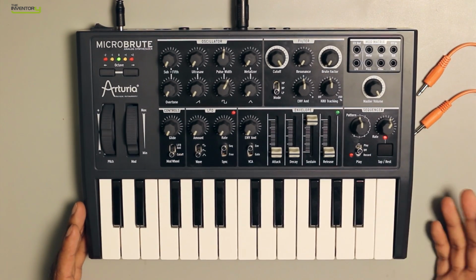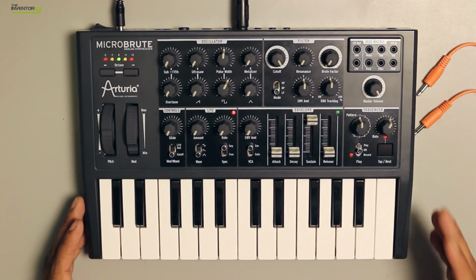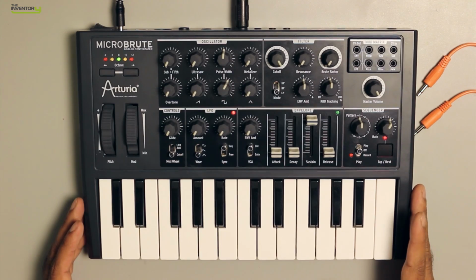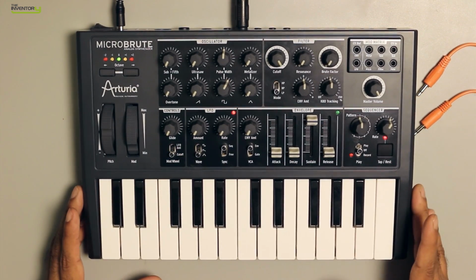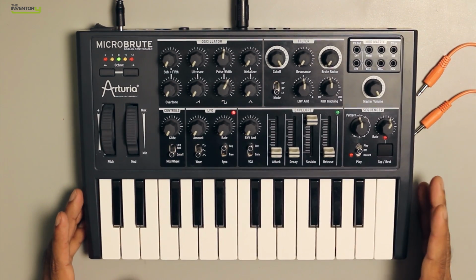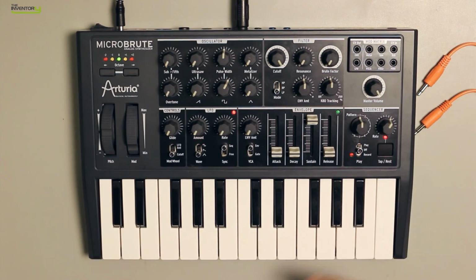But one of the most common questions that we get is, how do you program it and how do you get the most out of it? Now, one of the key things about the MicroBrute is that it does not have presets. In our opinion, that's a really good thing because it forces you to make sounds on your own. It forces you to be creative and really utilize the synth's potential and make some new sounds rather than just